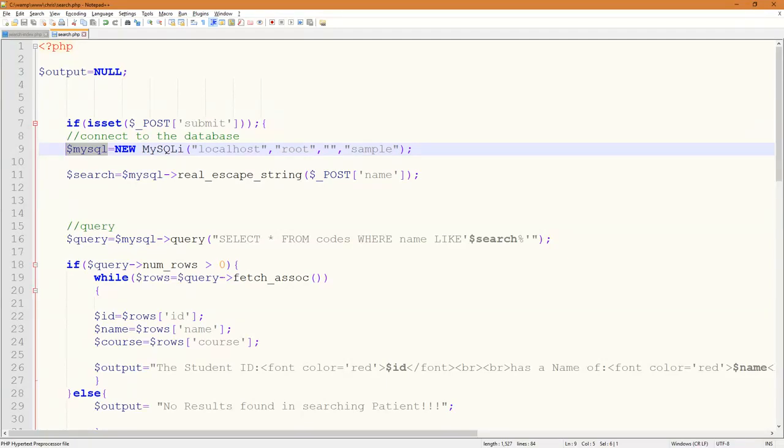and the localhost. So I declare here mysql is equals to query, select all from codes, my table name, where name like search. So dollar search. Why dollar search? Because this